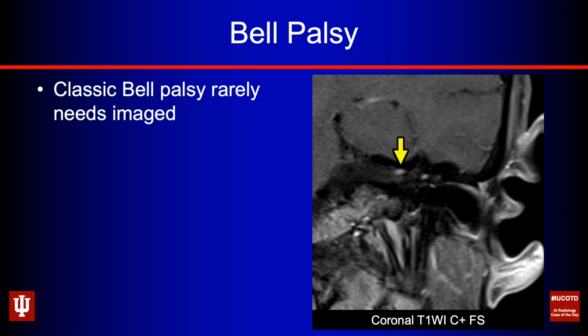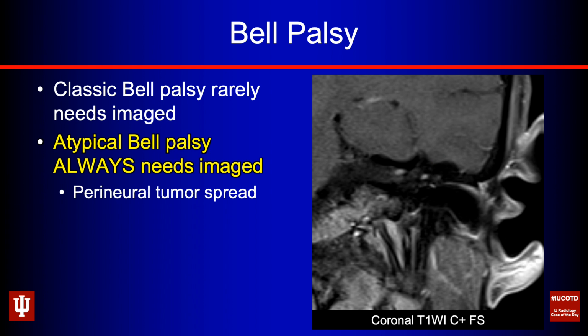the IAC. See how it's located superiorly within the IAC? Kind of where we expect the facial nerve to be. Here we can also see this asymmetric enhancement of the tympanic segment of the facial nerve as well. So while traditionally anyway, classic Bell palsy, they say doesn't need to be imaged, I kind of disagree, but anytime